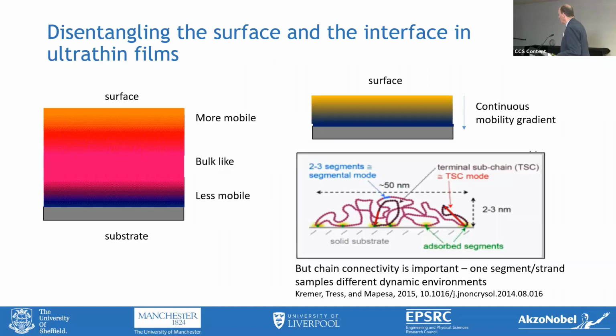And so there's an issue about what one can say is a single segment or a single strand in a cross-linked material: it's going to sample different dynamic environments. And that's probably enough, theoretically, to kill time-temperature superposition, because time-temperature superposition assumes a uniform environment. And there was a very nice paper. Well, I say there was a paper that I thought was very nice in Nature a couple of weeks ago, which actually demonstrated,